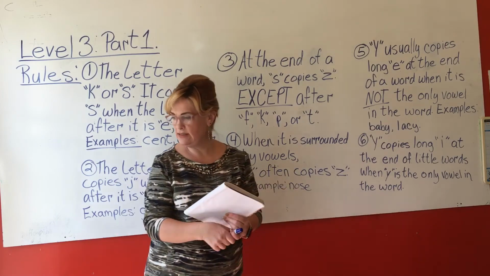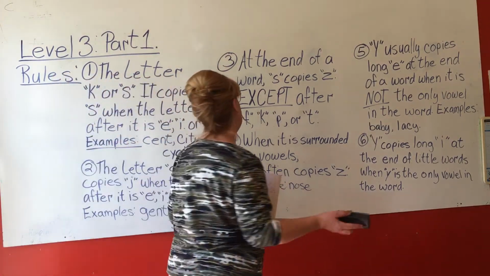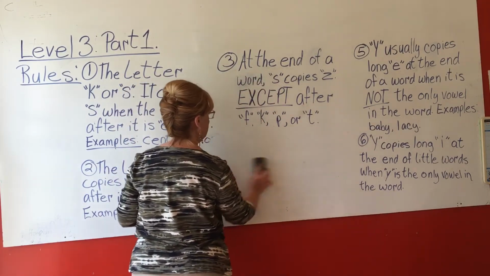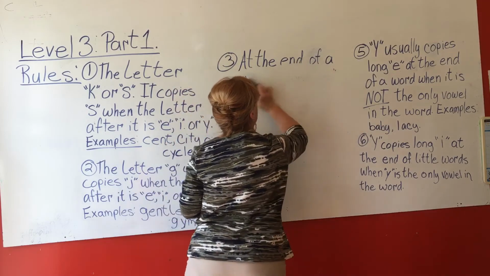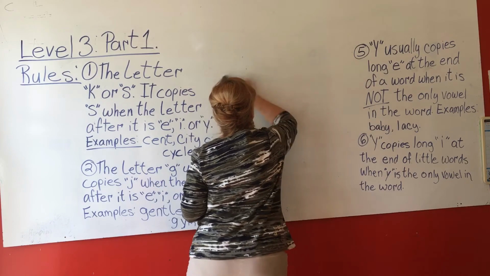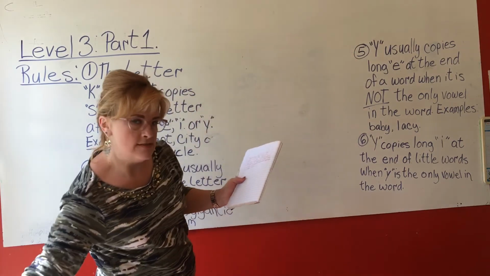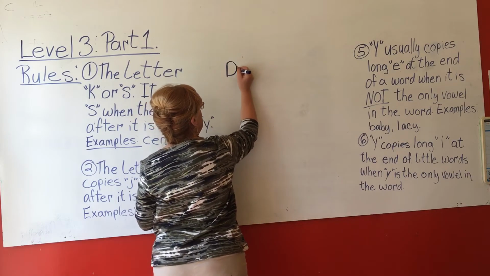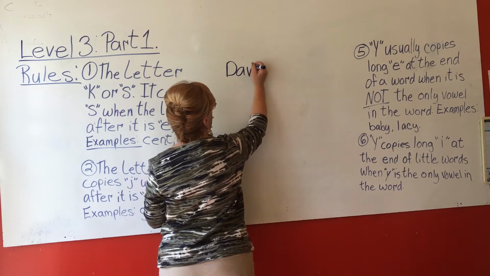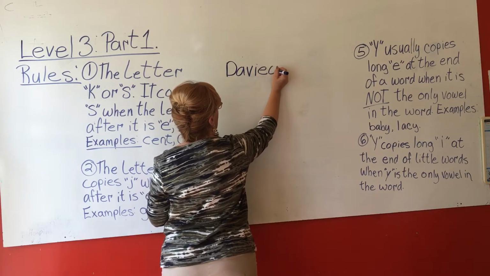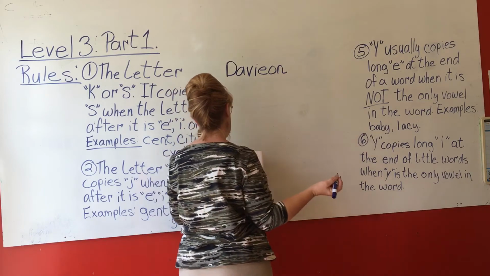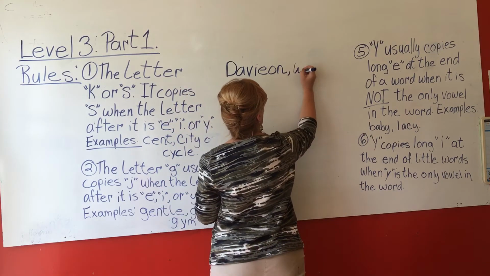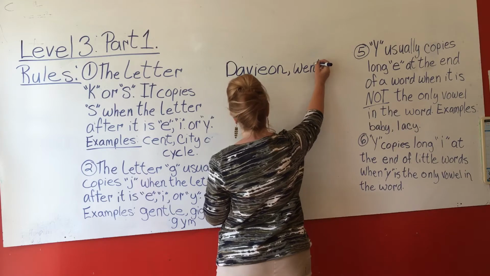And here is our word problem that we're going to go over today. So I hope you have these written down. I'm going to erase to make room for our word problem. Remember our correct formation of letters, so our right and left hemisphere of our brain connect. It's always helpful. All right, Davion, D-A-V-I-E-O-N is one way to spell it. Davion, if you're out there, hey! Davion went, you can write this down with me,